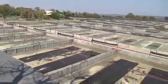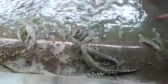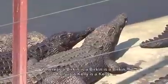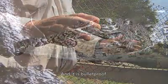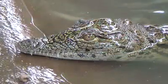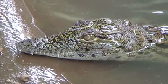This is the dark underbelly of the luxury fashion industry. There's a big difference between fashion and luxury. Fashion is very fickle, whereas a Birkin is a Birkin is a Birkin. A Kelly is a Kelly is a Kelly. The only reason that we've been able to survive is that we tended to the luxury market, and it is bulletproof. Help show Hermes that the crocodile and alligator skin market is not bulletproof and that luxury should not equal